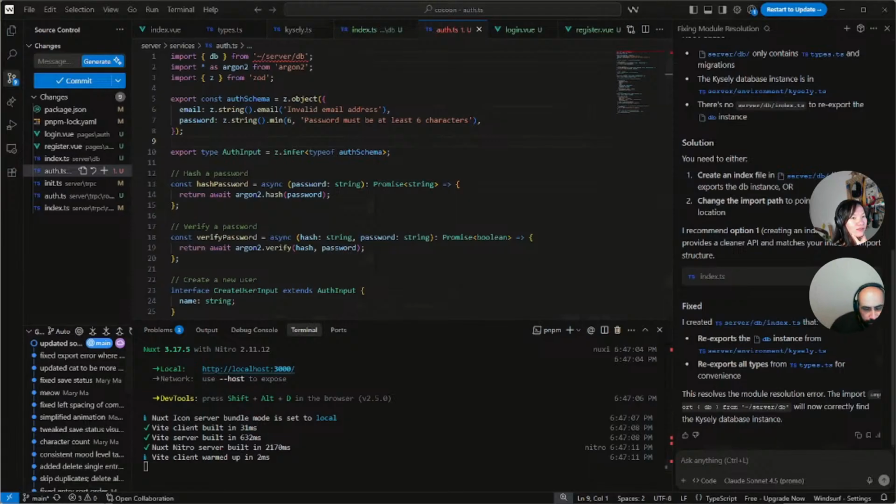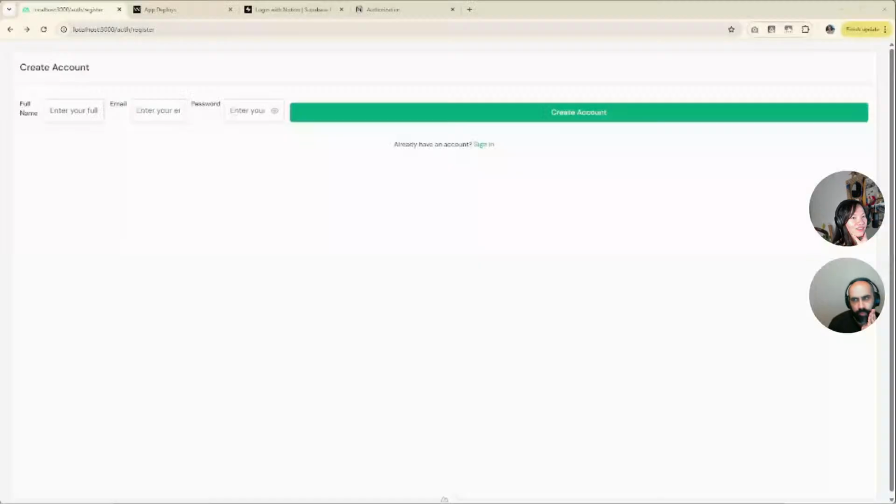Let's see. I love this. This is beautiful. I must say I'm a fan. Can we test it to see if it works? Oh, I need to put my name. Full name? Nah. Do I wanna put my real email here? No. I think we just make a dummy email for now. That's fine.